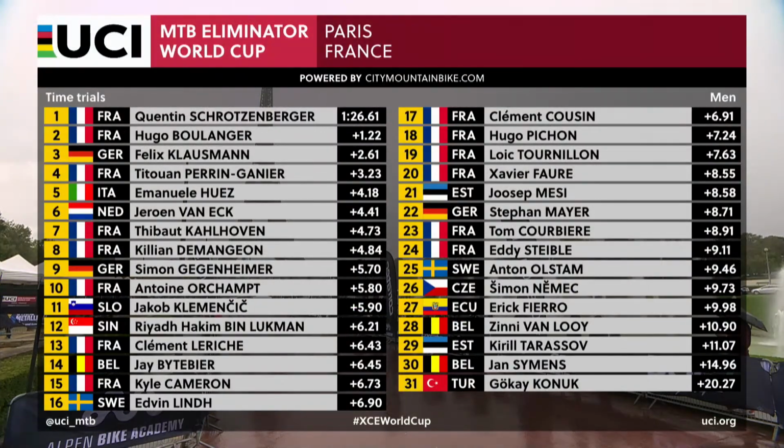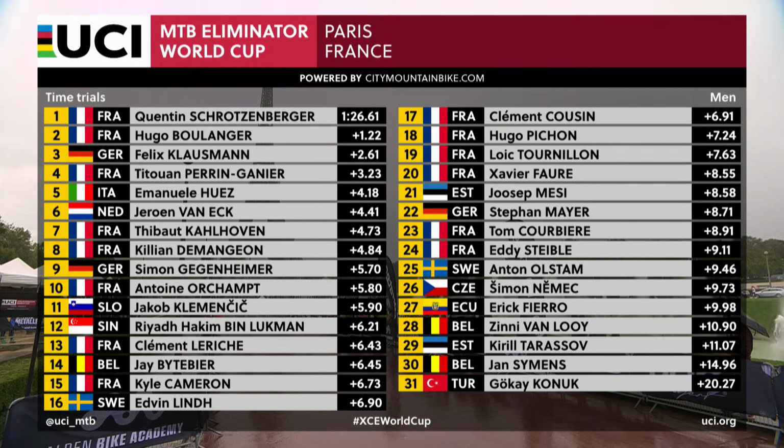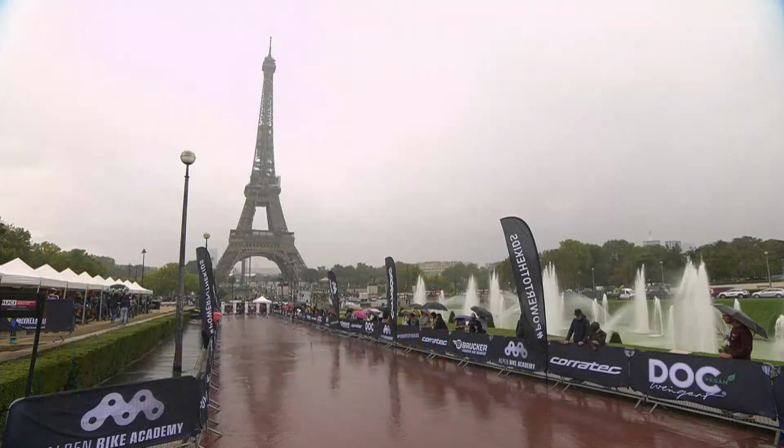We are moving on to our men's. Now, the men's time trial really did set the standings. We've had the 8th finals in between our time trial results, where Schwarzenberg was the fastest rider. And of the big names, Edwin Lind was the rider who really didn't get on very well with the 8th finals, because Edwin Lind, who qualified in 16th place, was knocked out, and Clement Cousin from France, who was 17th in the qualifying, but only by 0.01 of a second to Lind,